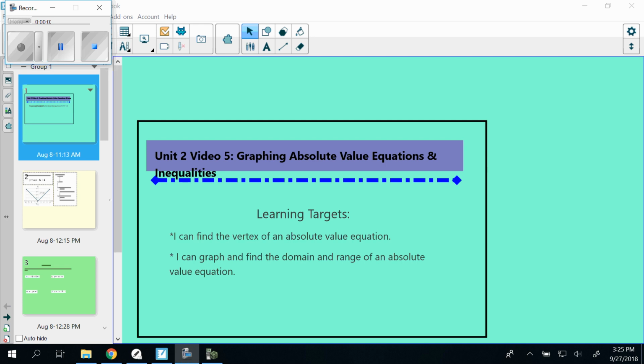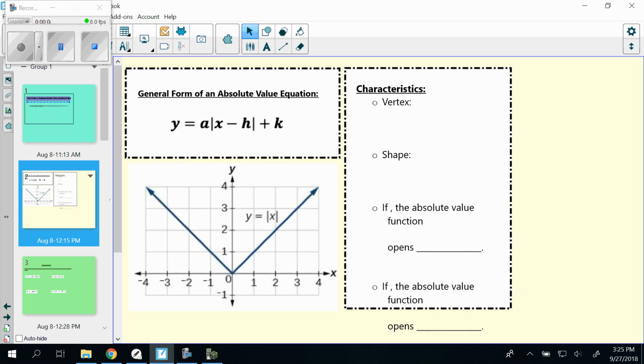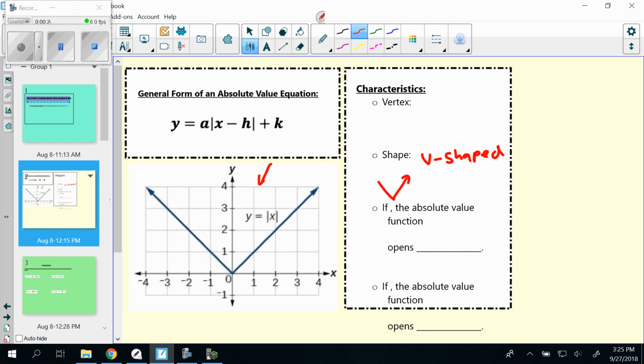We're going to be looking at graphing absolute value equations and inequalities today. All right, so absolute value, we've looked at what it means. We're going to look at the shape of the graph now. When you graph an absolute value equation, you get a graph that looks similar to this. It's always going to be V-shaped, with either the V going up like this, or you might also get a downward looking V, but it's always